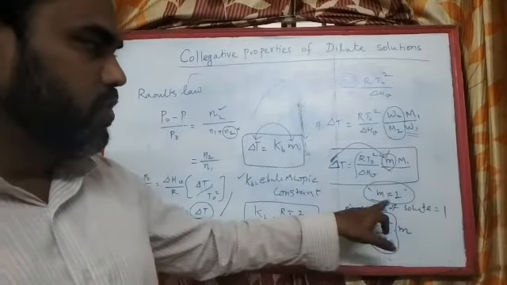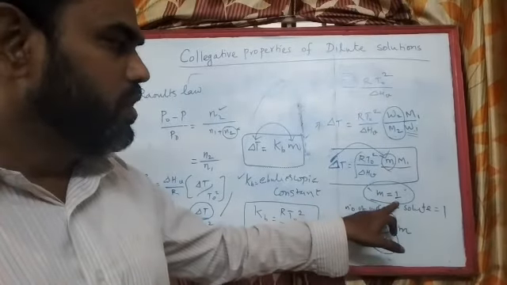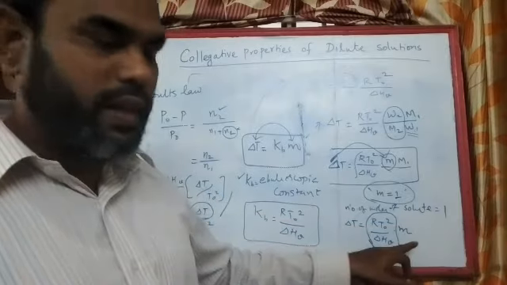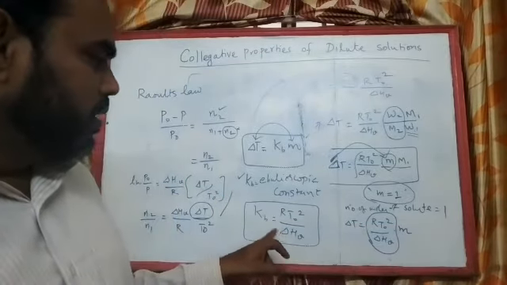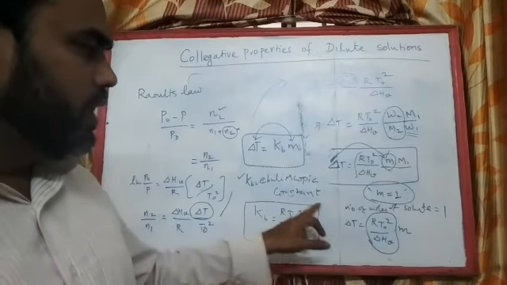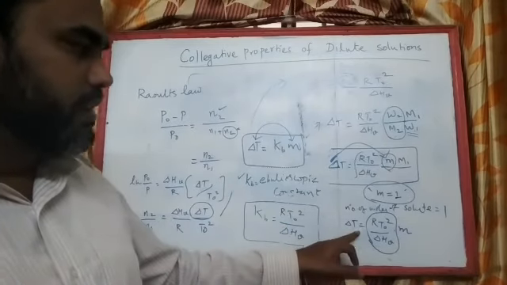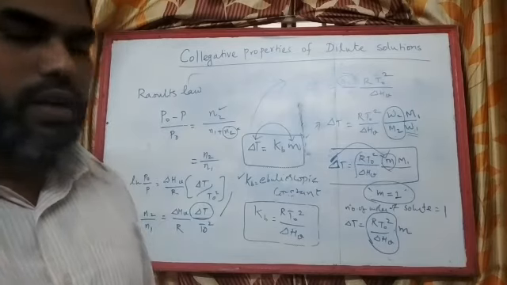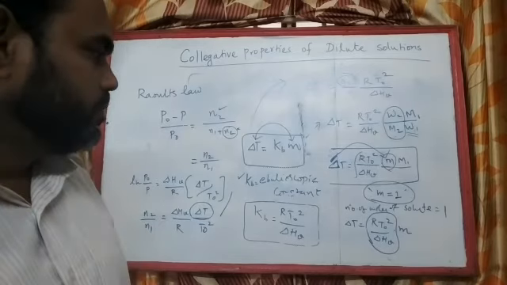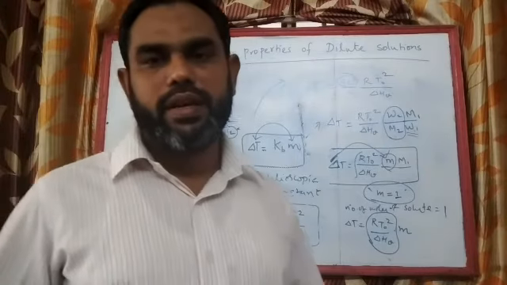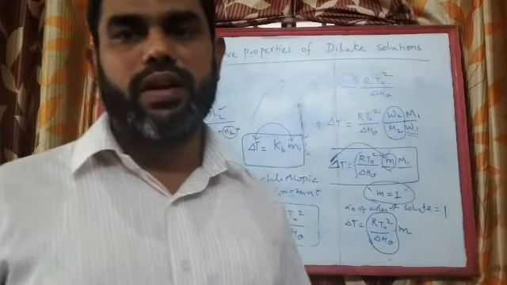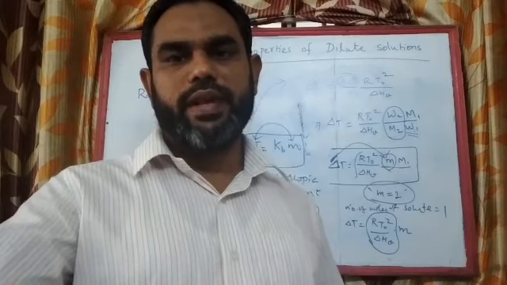When the number of moles of solute is 1, then KB becomes equal to the molar ebullioscopic constant. Elevation of boiling point is equal to the elevation constant. Okay. So from this we have proved that the elevation of boiling point is a colligative property. So now let us see the remaining part in the next class.